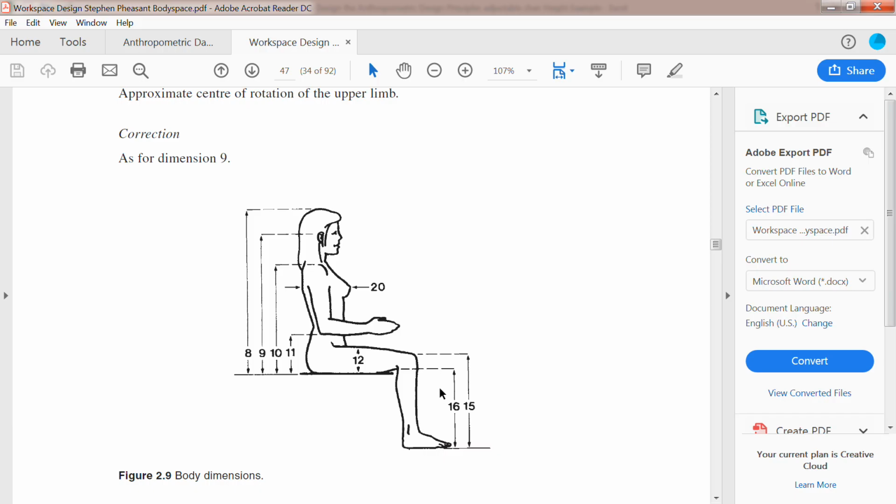Now, there is no direct sitting height from the floor to the elbow. So we have to add the popliteal height and this number 11, buttock to the elbow height. So if we do that,